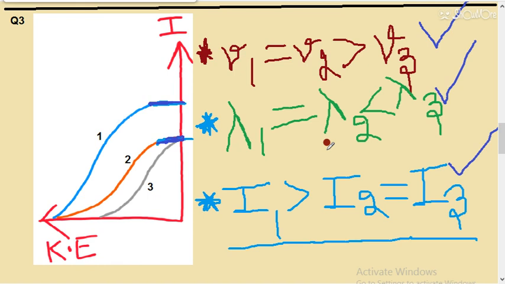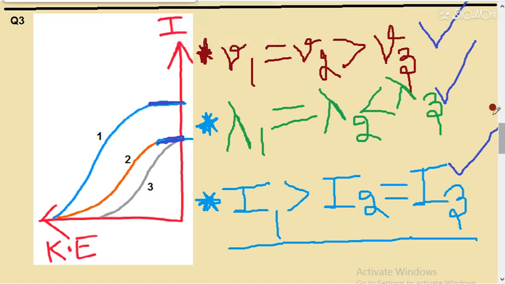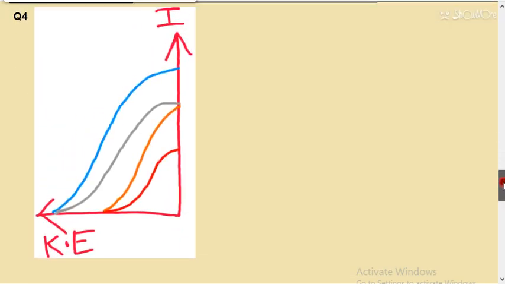So students, up to this point we have done approximately 9 questions, 3 in every question. Now we are moving to question number 4. After that this video will end, and I will take one more video in which I will discuss similar type questions. In that video I will not discuss all 3 relations in every question; in those questions it is particularly mentioned that you have to find the relation between frequency, or between wavelength, such things.